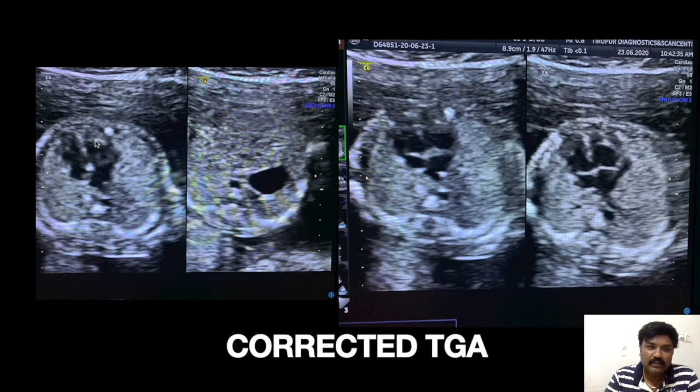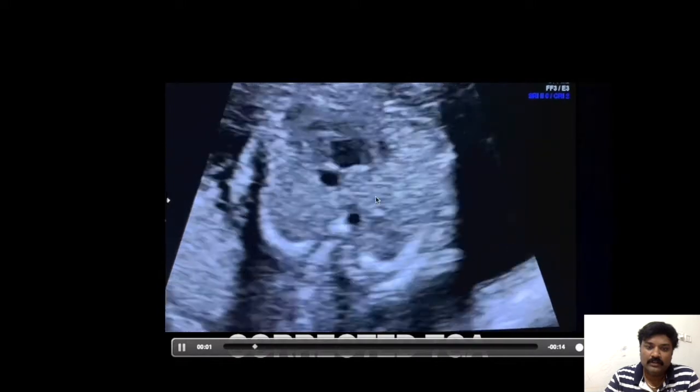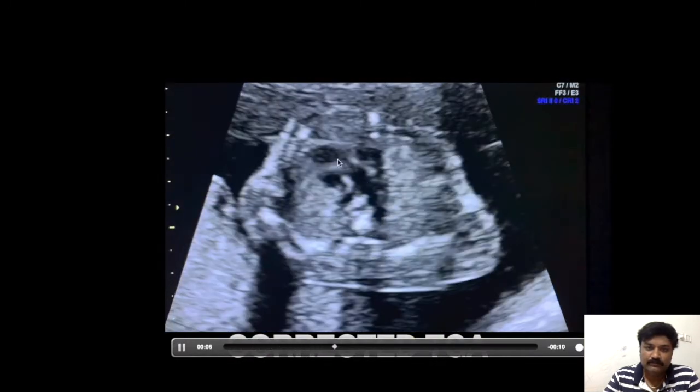This is left ventricle. But if you see the atrium, the left side atrium is actually receiving the pulmonary vein. So it is normally arranged. So there is left atrium which is communicating to the right ventricle. So it is atrioventricular discordance in this case, associated with ventricular-arterial discordance, that is pulmonary artery arising from left ventricle.